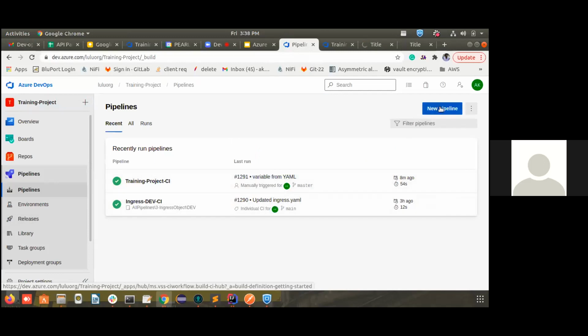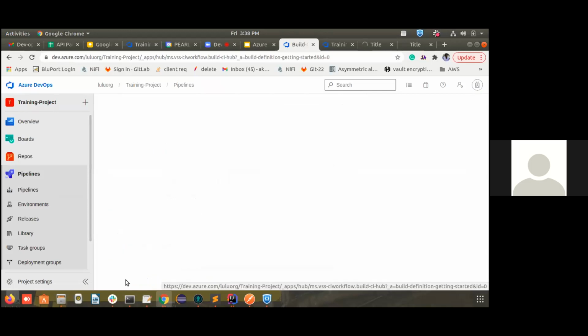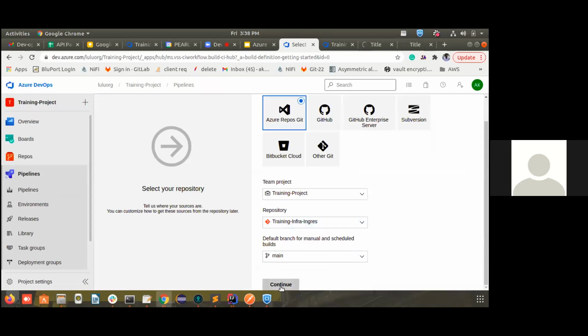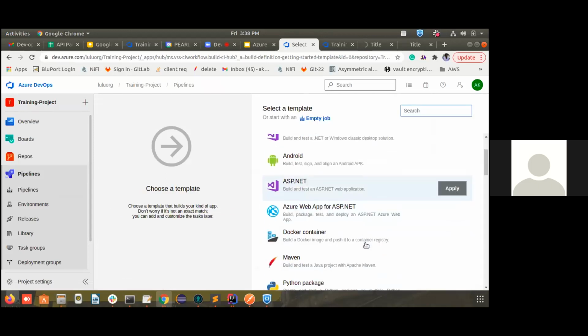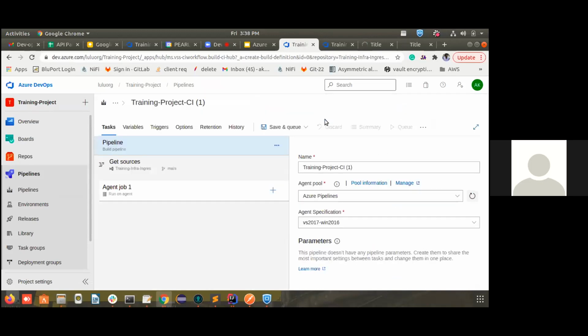You can create it from scratch using a new pipeline. But here it will ask you how you want to create. You can use the classic editor. You can choose your project, then click on continue. You can create an empty job, and your pipeline is ready for you to add the task.